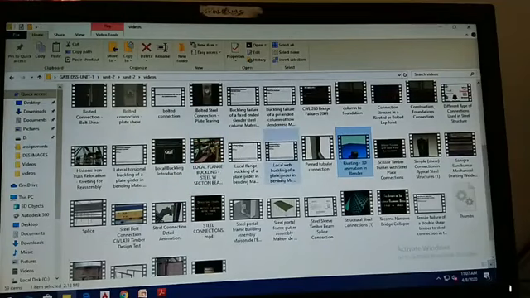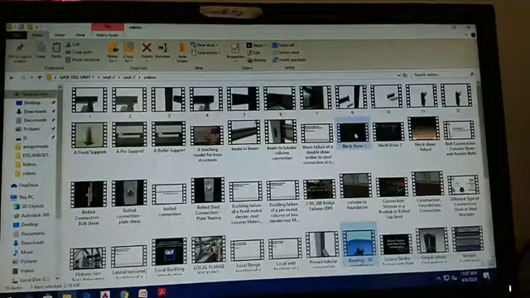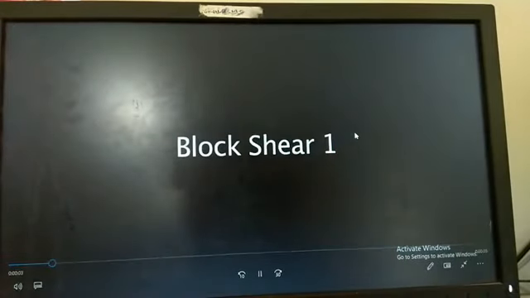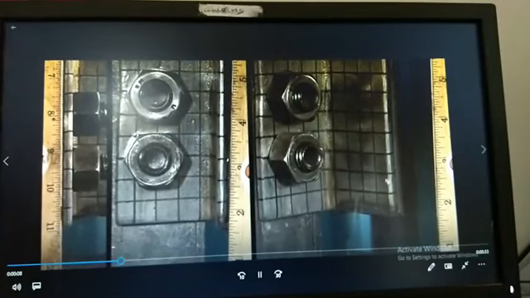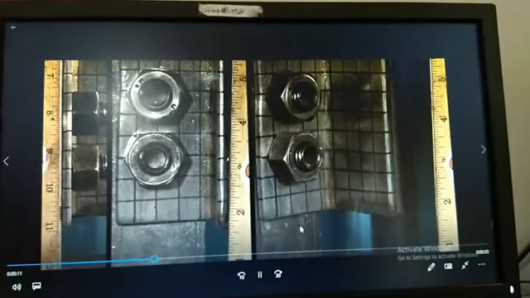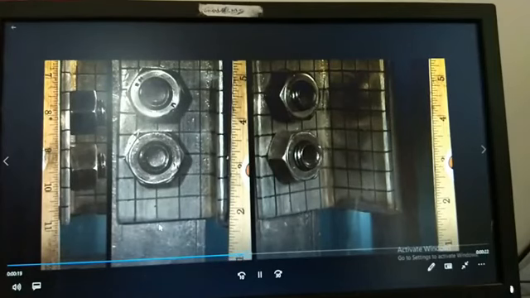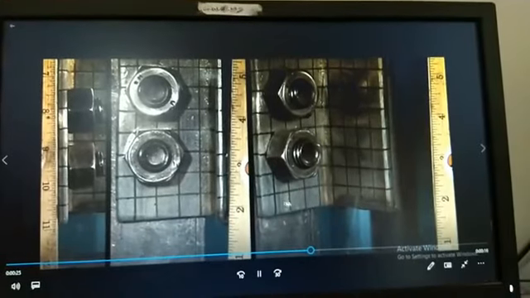I think you're all third years, you have already gone through prying action and block shear failure, right? So here I want to show you how the block shear happens in the lap joint or even in the butt joint. Here there are two views: an angle which is connected to a gusset plate. You can see how the block shear happens to the connected angular leg.